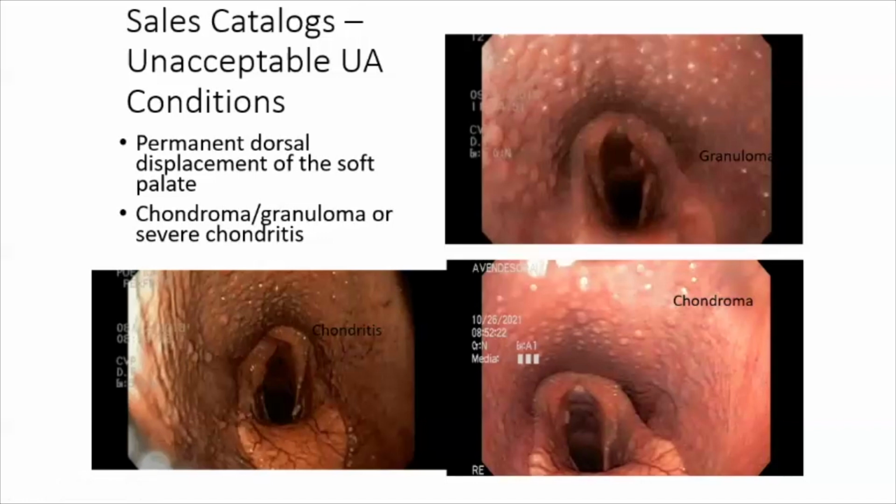And when you see that in a thoroughbred horse, or actually any breed, it usually is not paralysis of that arytenoid cartilage. It's either the laryngodysplasia that we just talked about, so it's a congenital anomaly, or it could be an inflammation and thickening of that arytenoid, which does not allow it to move all the way out of the airway. So if it's on the right side, it could be paralysis, but there are other things that it more